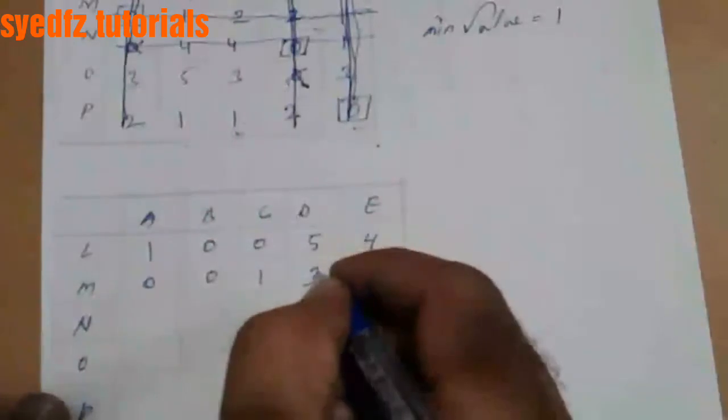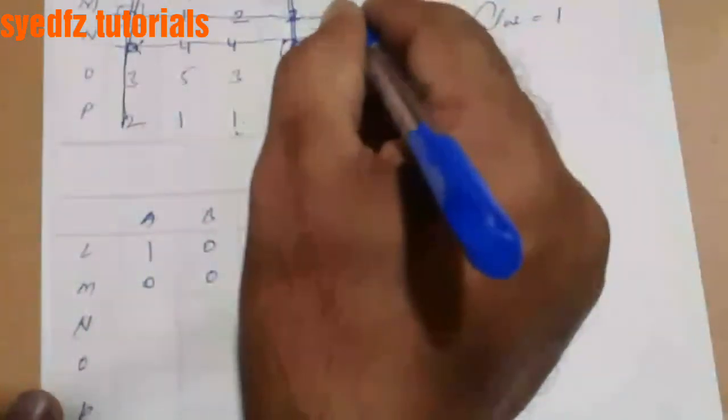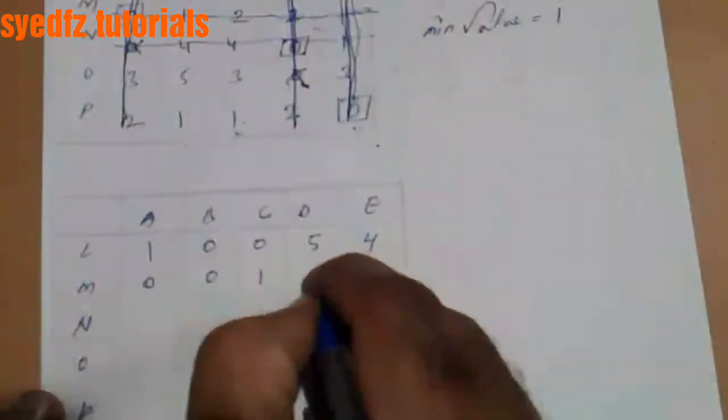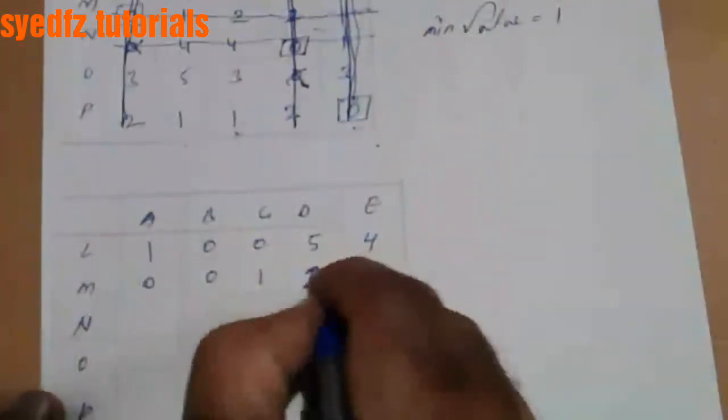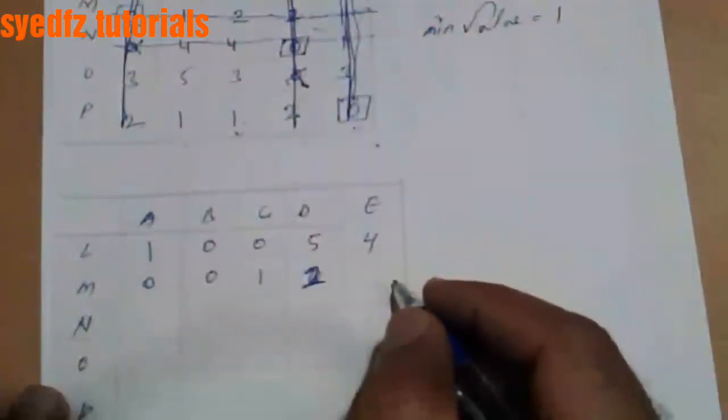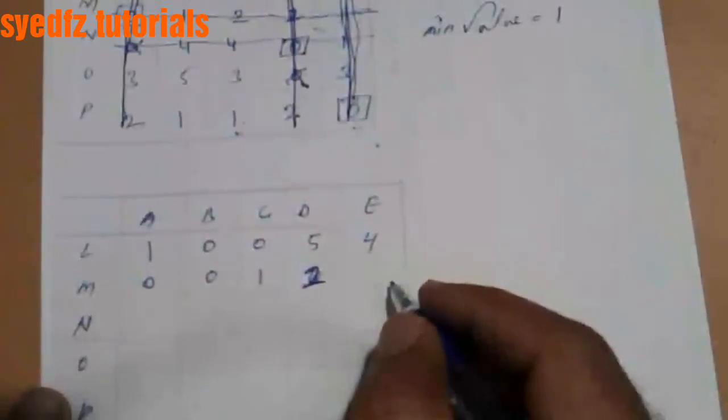It's an intersection point, add 3. Sorry, it is not an intersection point, sorry. So there is 2 only. Okay, and here it's 1, so I'm adding this one. Where's the question? Okay,